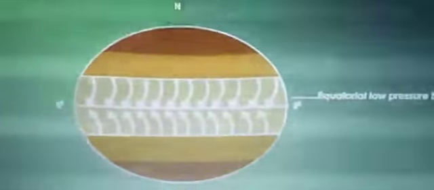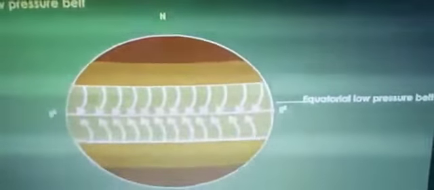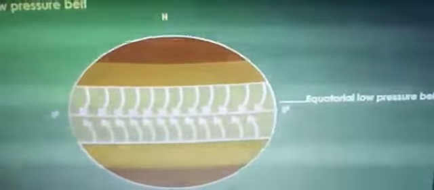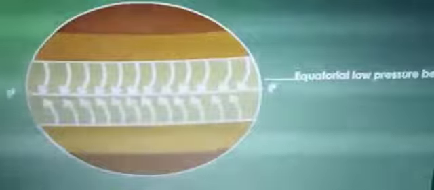The low pressure belt extends 0 to 5 degrees north and south of the equator, and due to the vertical rays of the sun here, there is intense heating. The heat is very much because it is, children, the equatorial region. The air therefore expands and rises as a convection current, causing a low pressure belt here. So when the air is very hot, it goes up, okay, and the cool air takes its place.